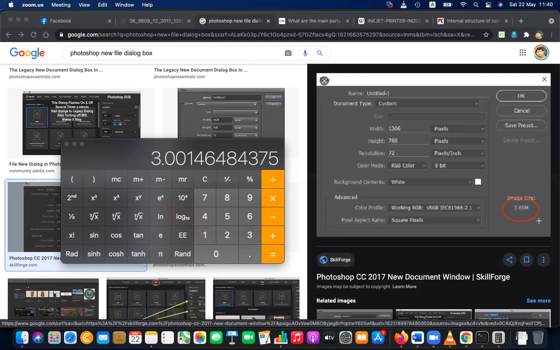In video, you have something called FPS. What is FPS? Frames per second. So assume this is the image size in a video. That means one frame is 3 megabytes. Then this is the original rendering size, right? If you have a 3 minute video, and if your FPS is 25